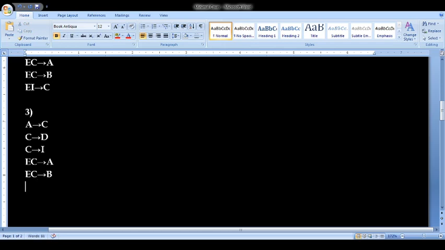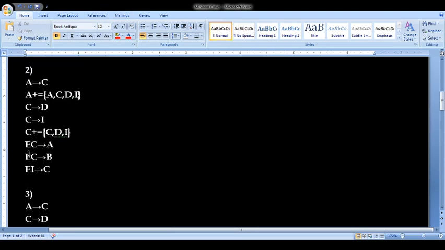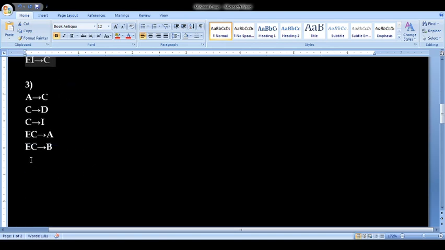Okay. Next, EI implies C. This EI implies C. By scanning through the other functional dependencies, you can see that EI closure, by ignoring this EI implies C, will give only E and I, because there are no other functional dependencies having E and I on the left hand side. Okay. So EI closure can never give attribute C without this functional dependency. So this is also a necessary FD. So that should also be included in the final set.